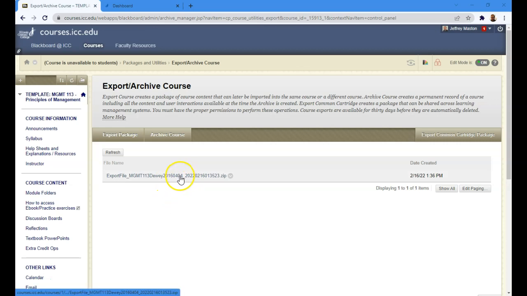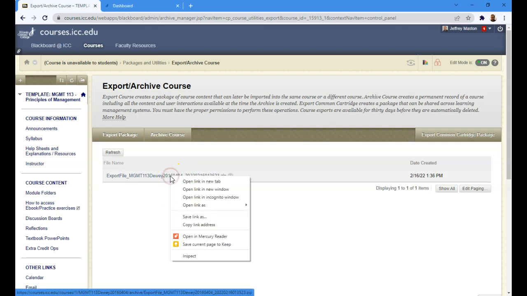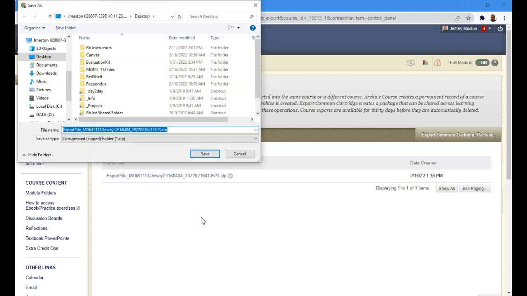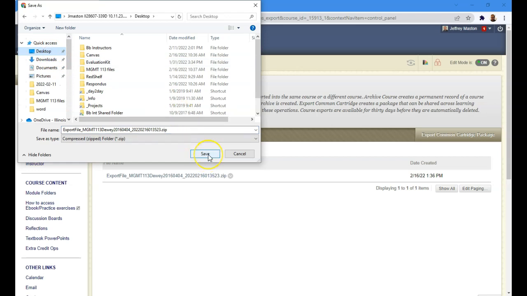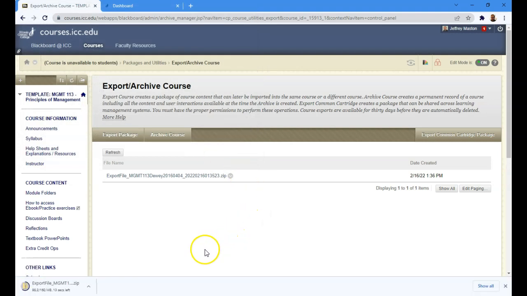I'm going to right click on the link and choose Save Link As. And this lets me choose where I want to save the file to. I'm going to save it to my desktop temporarily so that I can find it again in the following steps when I want to upload it into Canvas. I click Save, and depending on the size of your course, it can take a few seconds to finish the download. Now that the download is complete, I'm done in Blackboard,